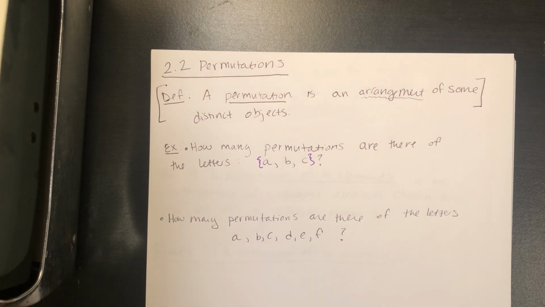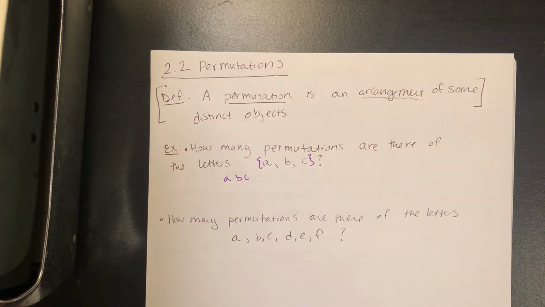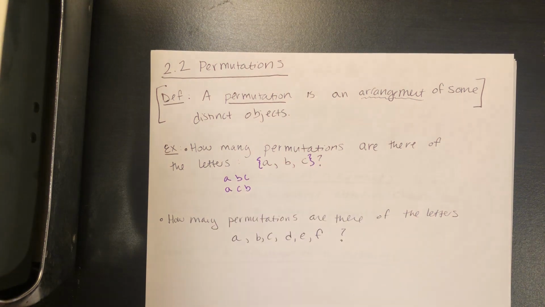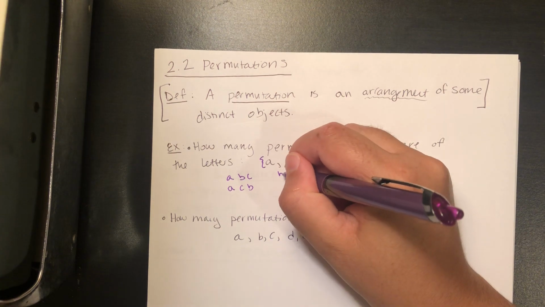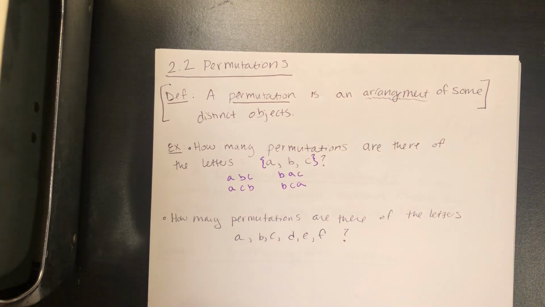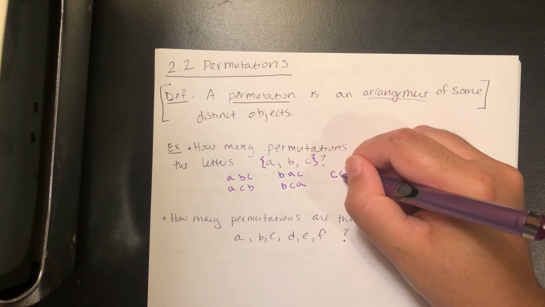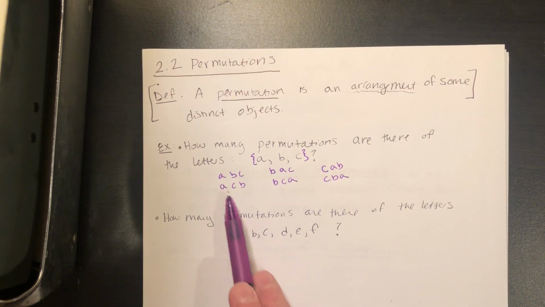It's only 3 letters. It doesn't seem like there's going to be too many different ways of arranging them, so we can probably just list them out alphabetically. A, B, C would be a permutation, but also A, C, B would work. That seems like the only possible way if we start with A. So then let's look at starting with B. We could have BAC, or we could have BCA. These are the only permutations that begin with B, so now I'll begin with C. I have CAB or CBA, and I think that's it. I can't really start with anything other than A, B, and C, so this looks like all of my different